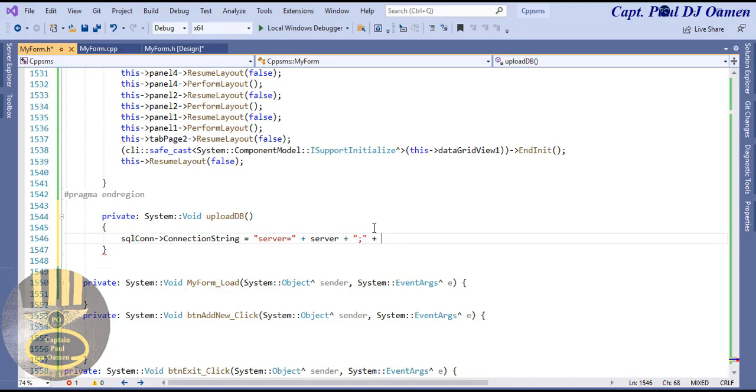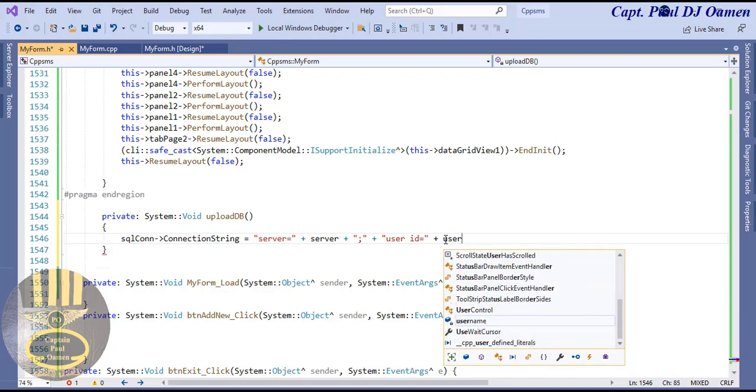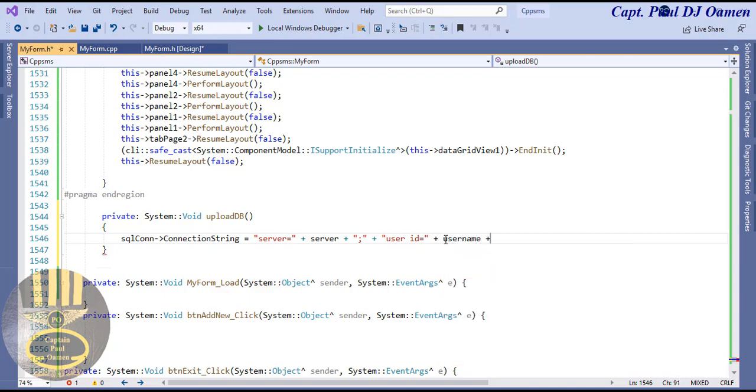So I'm going to say plus username, okay, user ID equals, I might as well stick to lowercase. User ID equals, come out of there and you'll say plus the username, plus,